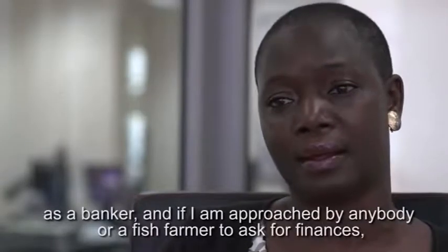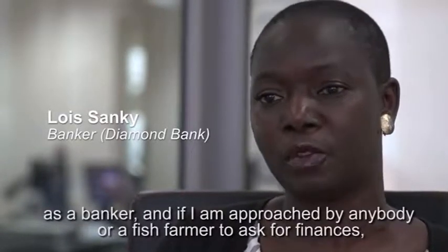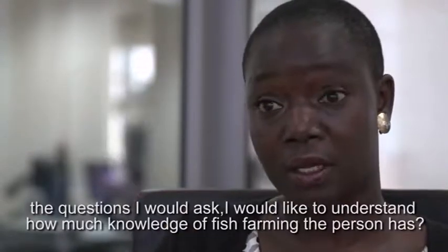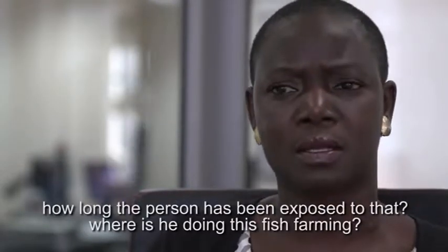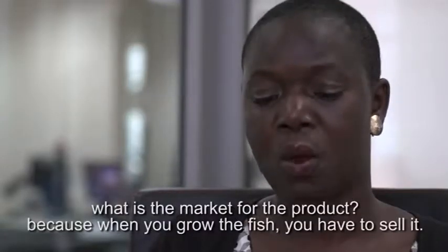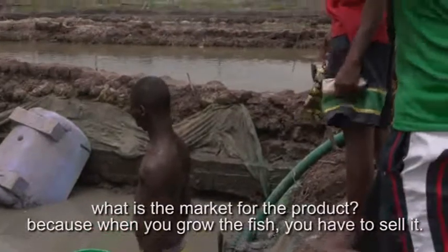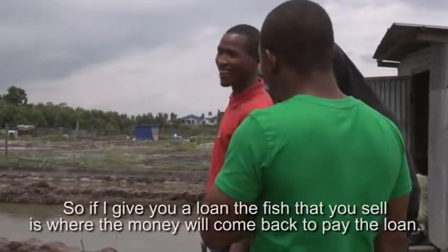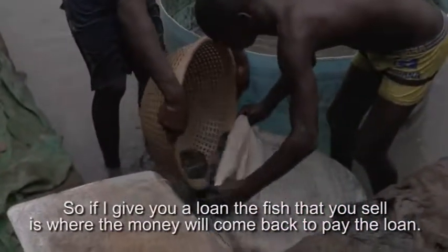So as a banker, if I'm approached by a fish farmer to ask for financing, the questions I will ask is, I would like to understand how much knowledge of fish farming the person has, how long the person has been exposed to that, where is he doing this fish farming, what is the market for the product, because when you grow the fish, you have to sell it. So if I give you a loan, the fish that you sell is where the money will come back